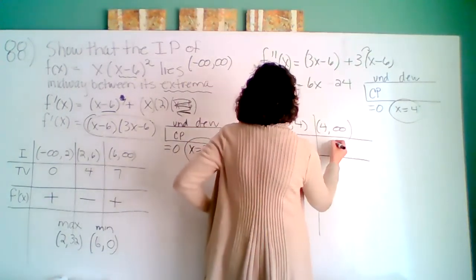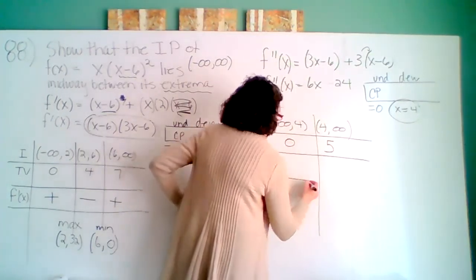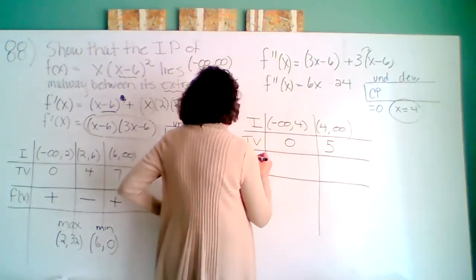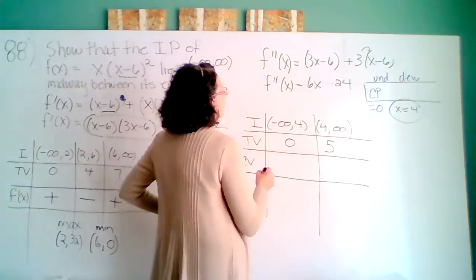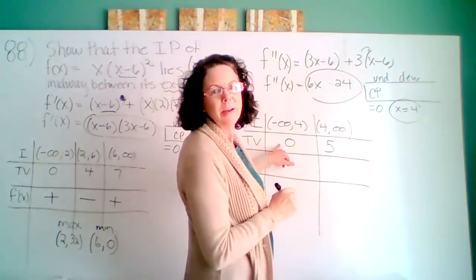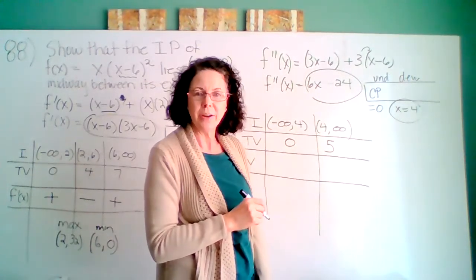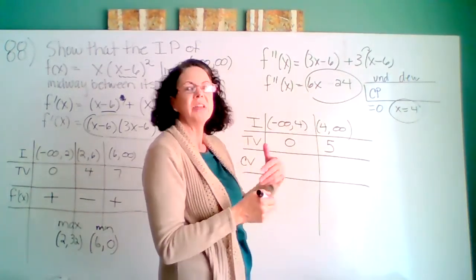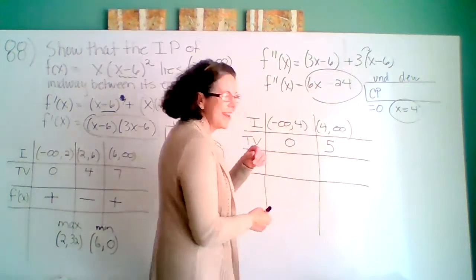Test values: 0, 5. Concavity. When I put a 4 in, let's see, when I put a 0 in,